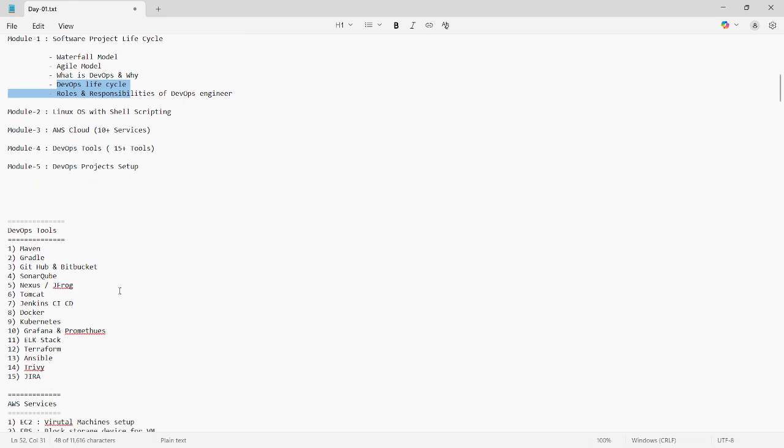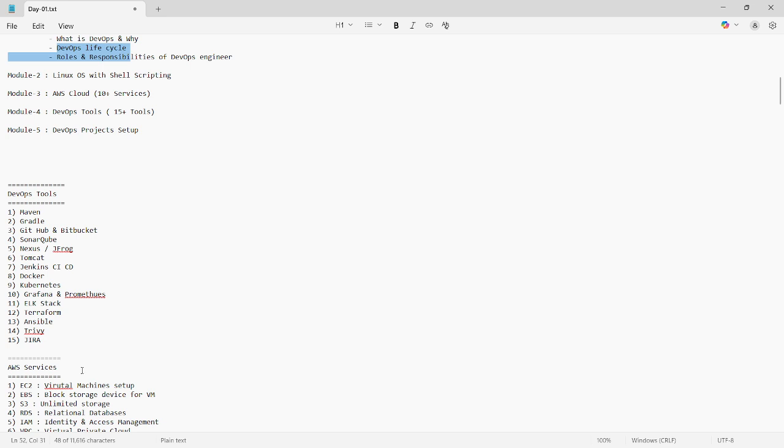First we will discuss, at a basic level, what the DevOps tools are, and after that we will learn AWS services. DevOps tools are the tools that help DevOps people because we want to deploy our project, so we require some tools. We will learn Maven, Gradle, GitHub, Bitbucket, SonarQube, Nexus, JFrog, Tomcat, Jenkins, CI/CD, Docker, Kubernetes, Grafana, Prometheus, ELK Stack,